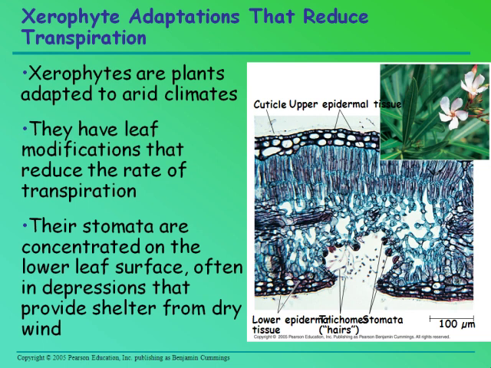The stomata are in these cavities called crypts, so you can see them here. Again, this is to prevent water loss. It protects the stomata from hot, dry wind and helps minimize transpiration by blocking the flow of air. This crypt has a higher humidity than the surrounding area. These depressions are modifications. Stomata are concentrated on the lower leaf surface and